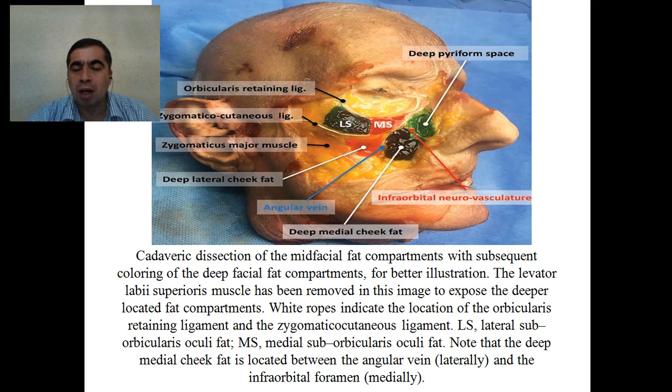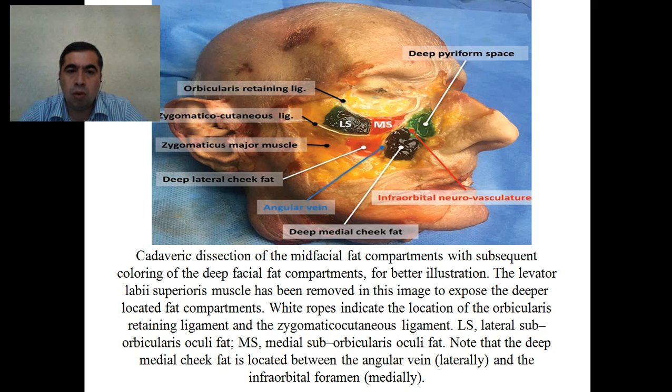Of course, for better illustration, the levator labii superioris muscle in this picture has been removed to expose the deeper located fat compartments. White ropes indicate the location of the orbicularis retaining ligament and the